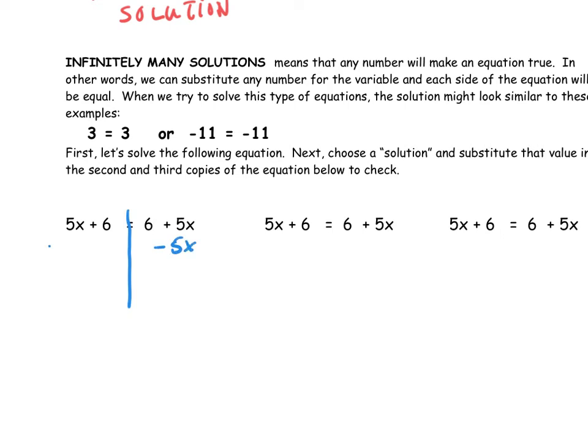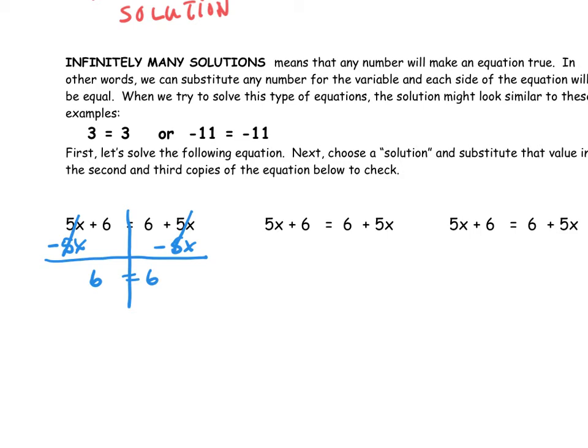And I have to do the same thing on the other side. However, I really didn't have a weaker variable because they're both the same, which means they both will eliminate. And on this side, I'm going to be left with positive 6. And on this side, I'm also going to be left with positive 6. And this is a true statement. 6 does equal 6. So at the end, when I get a true statement, that means that any number will